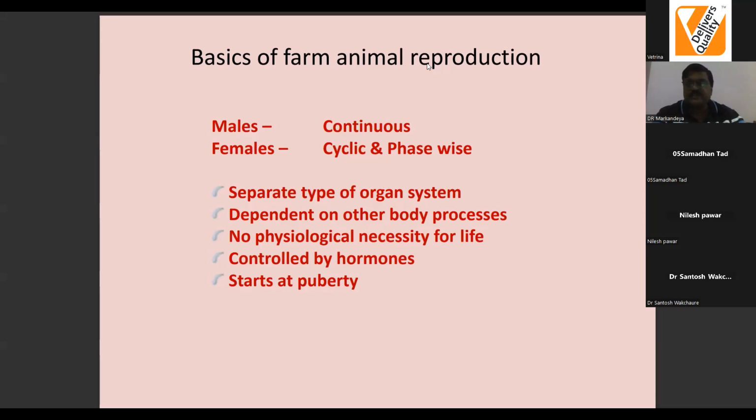Sixth point, you can very well adjust with that of production: it is the only system which is directly related with production. Otherwise, there will not be any chance of production in absence of reproduction. So friends, this is the characteristic, and therefore the reproductive system always behaves in a vagabond manner.